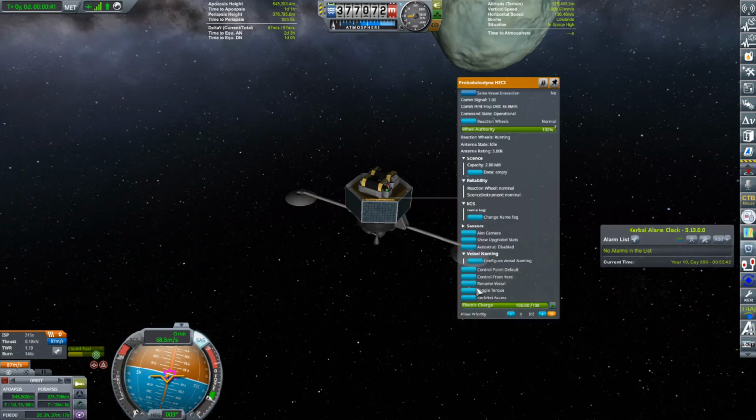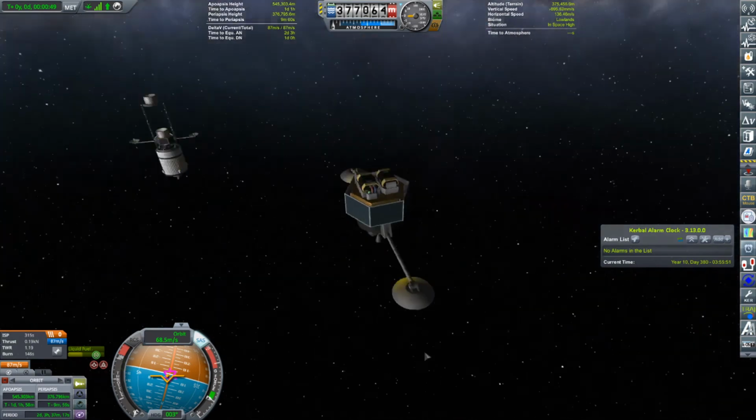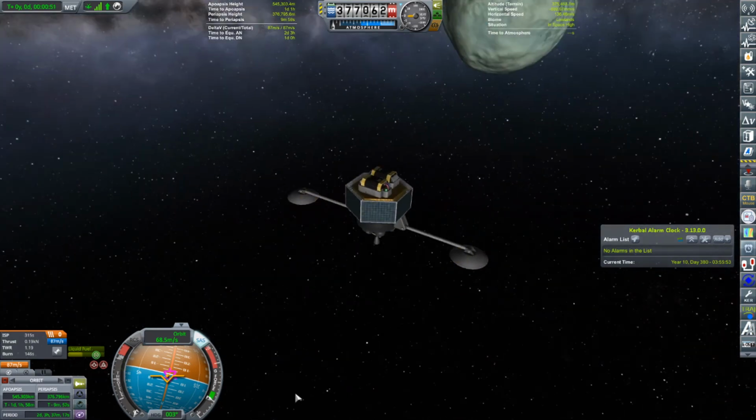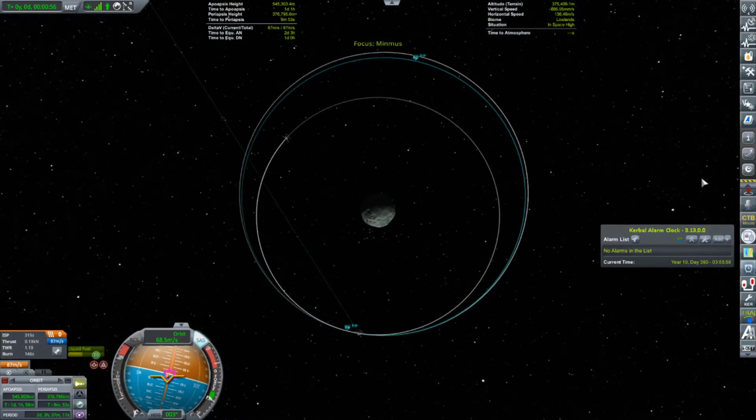So this one is going to be renamed as Minmus Relay 2. The one we just dropped is Minmus Relay 1, and then we'll rename this one Minmus Relay number 3. Okay, let's get close. Let's see if I can figure out why that was happening with the